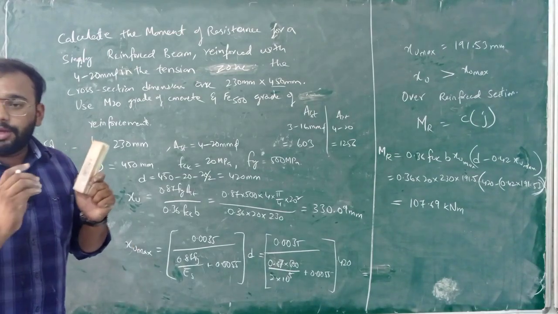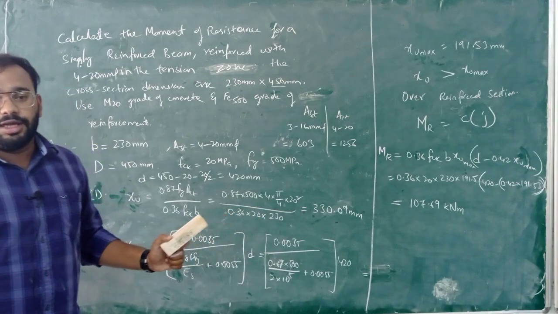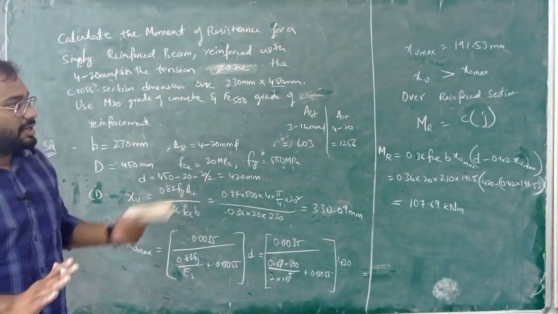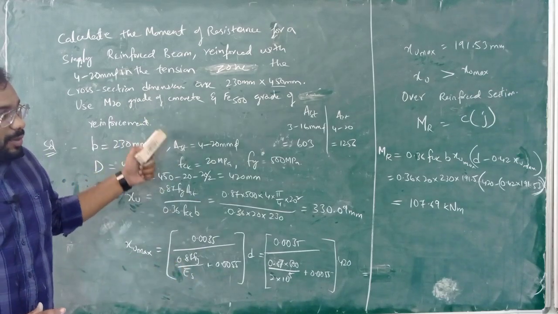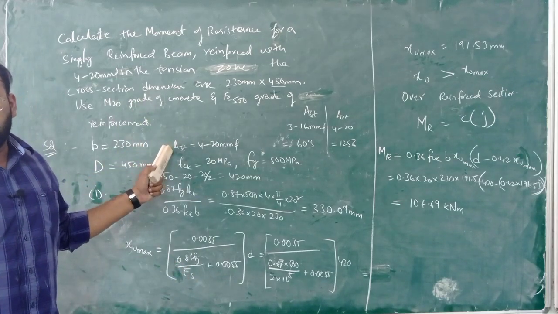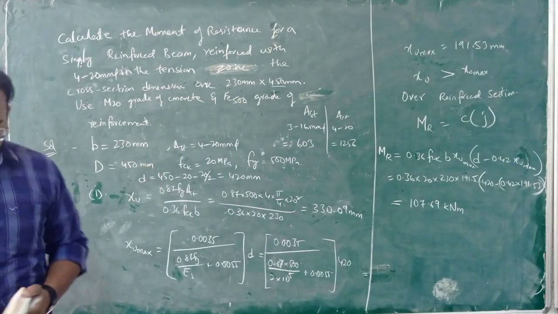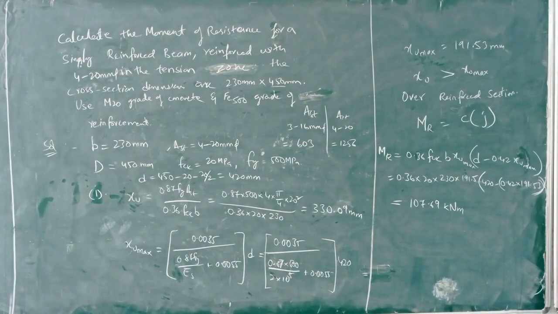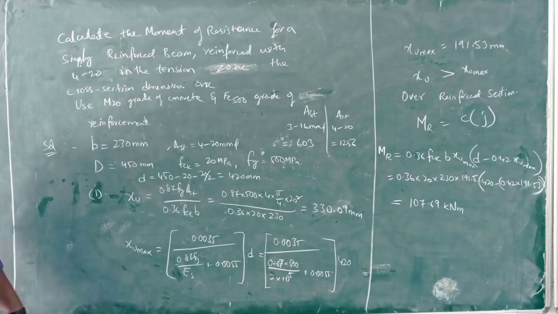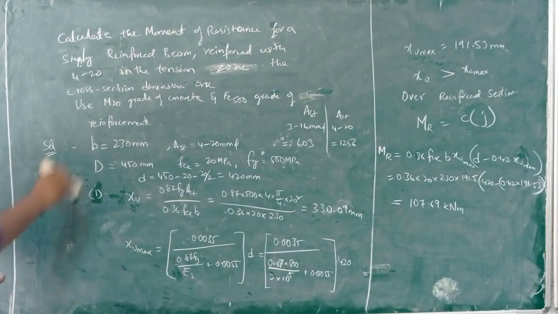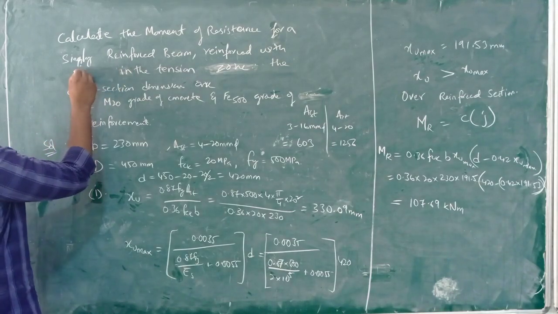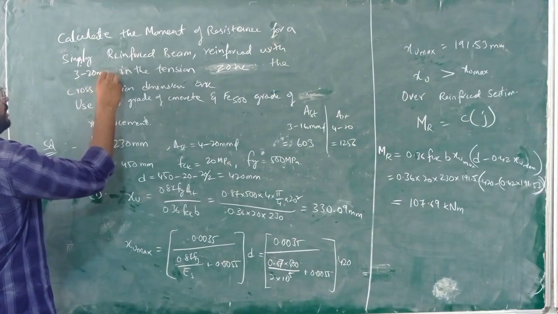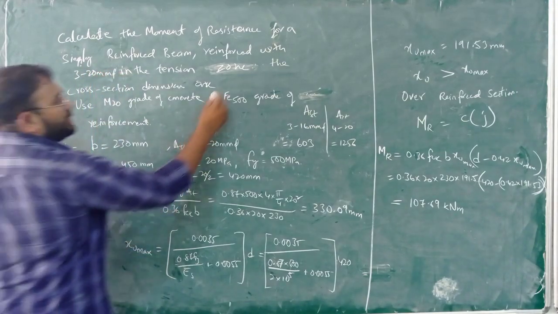Now how much reinforcement are we increasing? If you compare Ast, previously we provided 3 bars of 16 mm diameter, the area for this one is 603 mm square. Now you are providing 4 bars of 20 mm diameter, area is 1256 mm square. You are almost doubling the area of reinforcement. How much moment is increasing? 14.43 kilonewton meter. So providing more reinforcement is waste. Providing proper reinforcement is required. Understood the concept here?